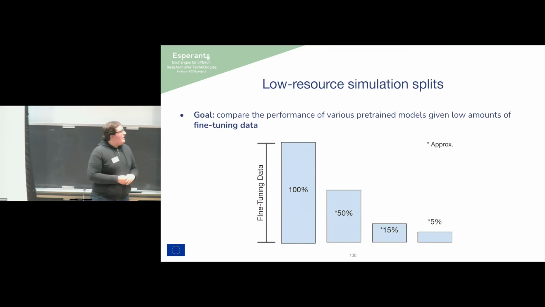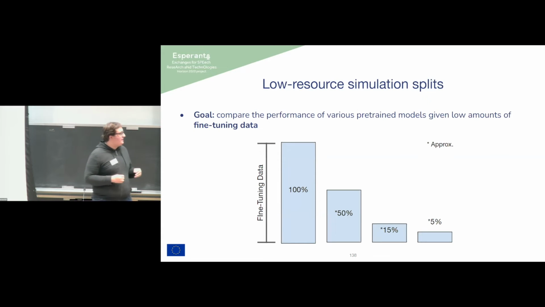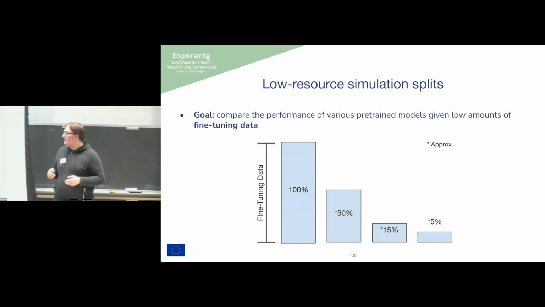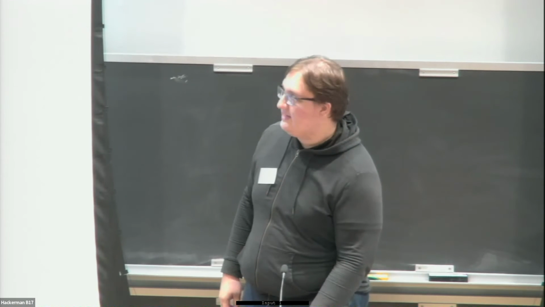And then lastly, before I hand it off to my colleague Cecile to talk about the experiments, I just want to briefly mention again our methodology. Our goal was to compare the performance of various pre-trained models given low amounts of fine-tuning data. And the way we did this is we simply split the fine-tuning data into chunks where each chunk was based off the previous. So for example, all the data in the 5% chunk was also in the 15%, and so on until they built up to the full data set. And then we ran each split for each model that we fine-tuned. And now I'll hand it off to Cecile, who will describe more in detail the experiments.